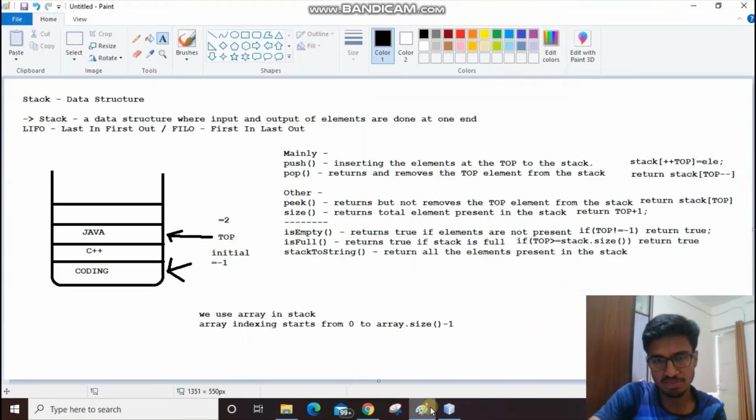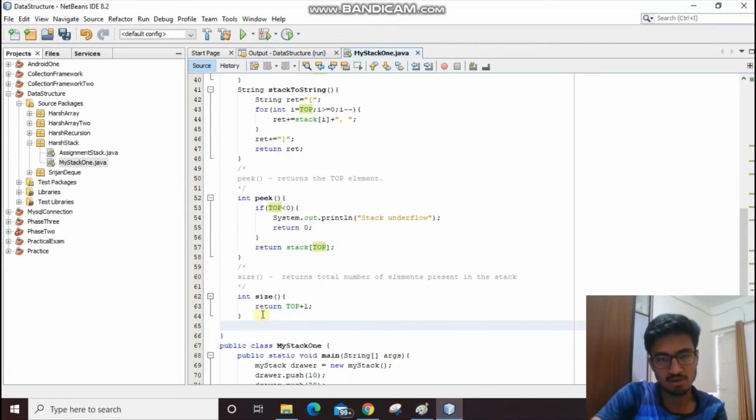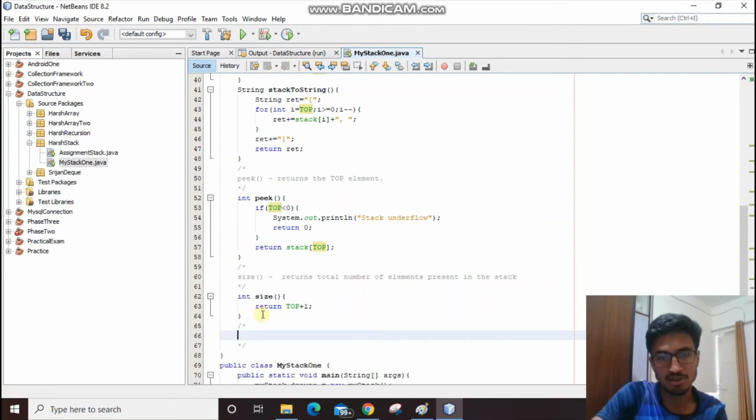Apart from size and peek, we have isEmpty and isFull. So let's create all of them also. isEmpty and isFull both are returning a boolean. So isEmpty